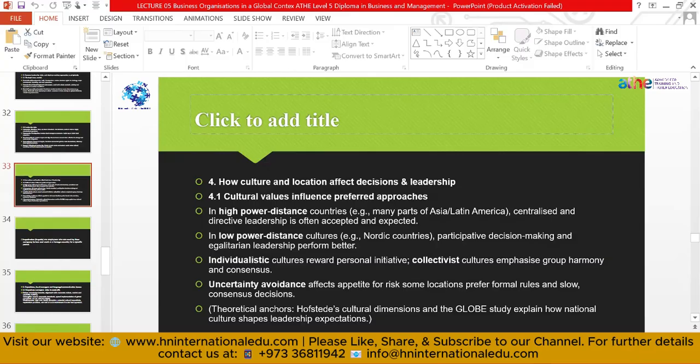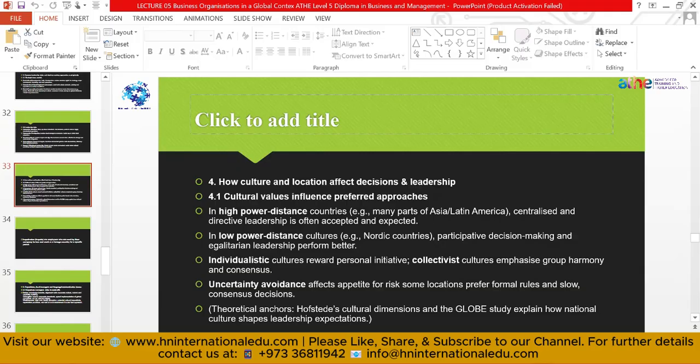In individualistic cultures, that is, reward personal initiative. Collectivist cultures emphasize group harmony and consensus. That is, you have to ask questions from everyone first, and then the decisions, obviously, the recommendation, the feedback, then we can go ahead. Uncertainty avoidance affects the appetite for risk, some locations preferring formal rules and slow consensus decisions. If I explain it, like the situation in COVID, we never waited for everyone,